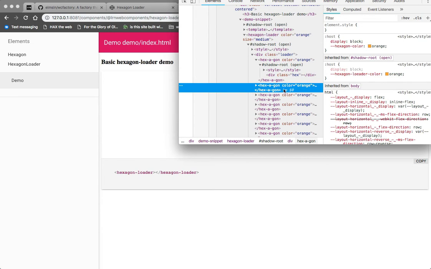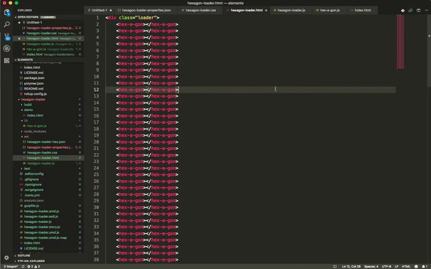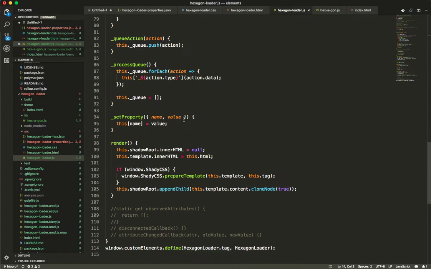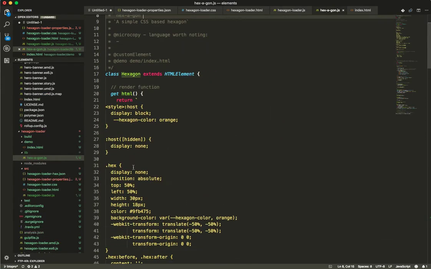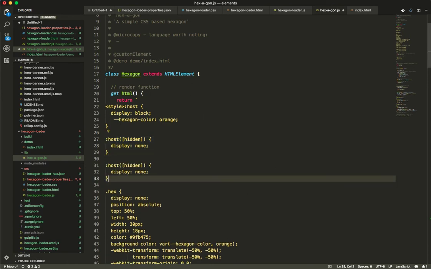Another neat thing you can play with here is, right, so this is an attribute. Now, because it's an attribute, I should be able to mess with the CSS of that element. And so if I go to hexagon and use this host, so this host means the element itself. I can go in here and I can say